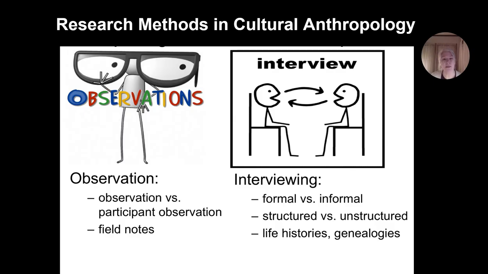So 2 of the key methods that anthropologists use are observation and interviewing. Again, I gave you an overview of those in the lecture. I want to extend that conversation, so remind you of what I said in the lecture, and then go into a bit more detail. Because, in fact, these 2 methods are what you are going to be basically working on through this set of assignments that I'm going to discuss in this video. Okay, this is the basis for all of those assignments. So it's really important that you understand, again, what observation and interviewing are, and how you're going to employ them doing the assignments for this course.